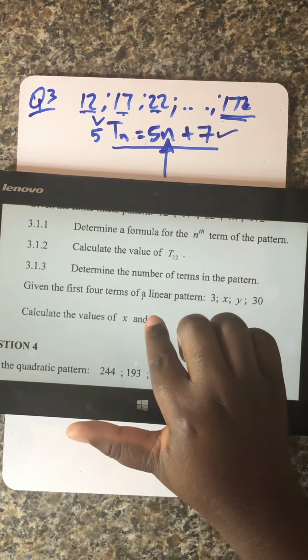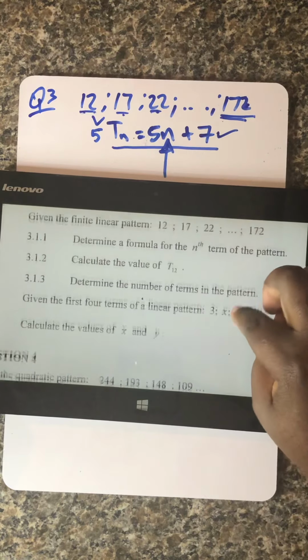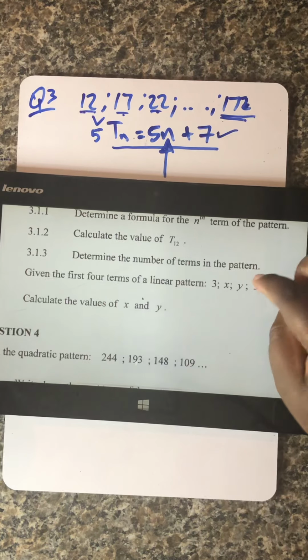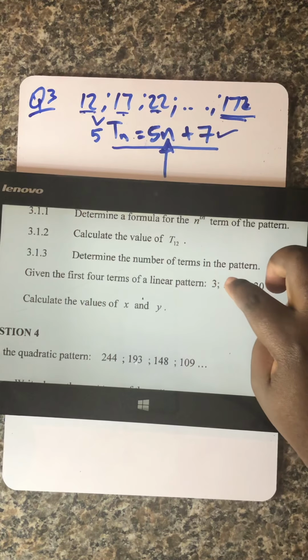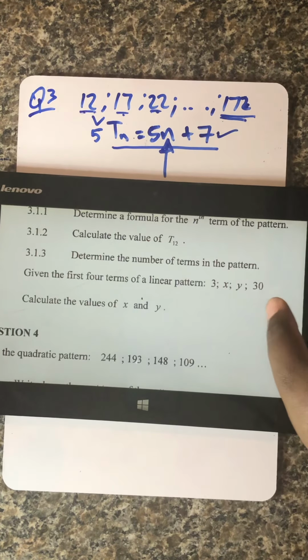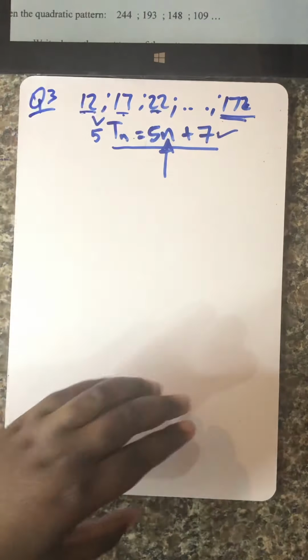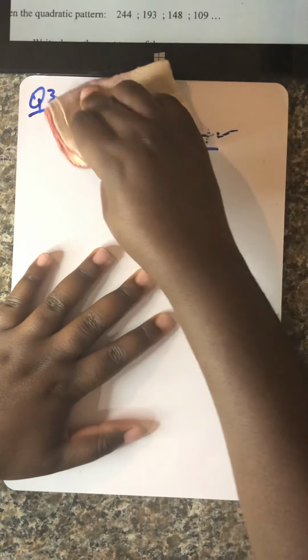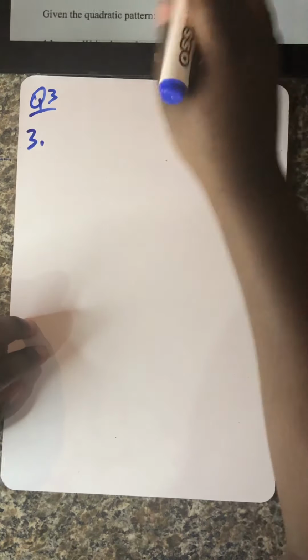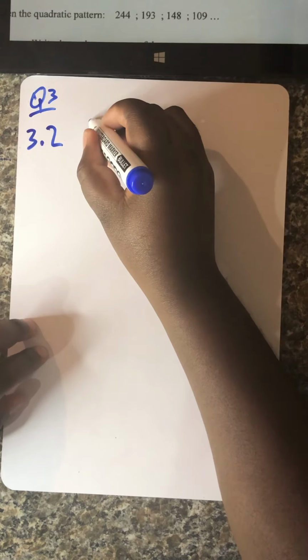Given the first 4 terms of a linear pattern, so that means we are still dealing with the same type of pattern, which is arithmetic, which is given as 3, x, y, and 30. The question says calculate the values of x and y. Guys, I think I will just remove all of that because we are now embarking on a new question, which is 3.2. Okay, so you're given a linear pattern as a